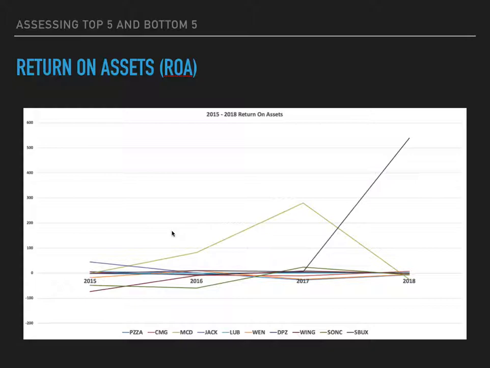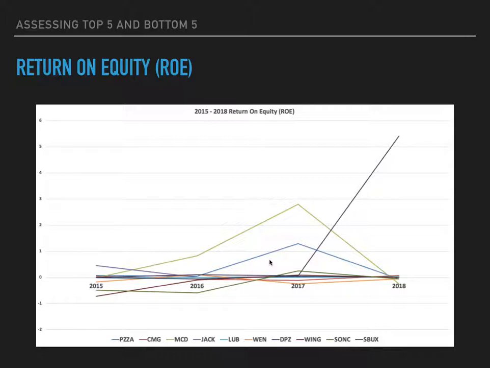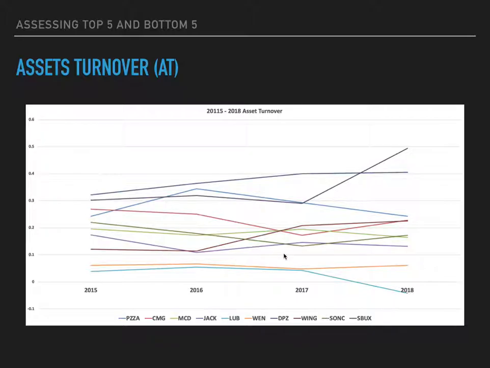So return on assets, you're going to see a pretty high correlation between return on assets and return on equity as they directly reflect each other. Though something of interest here is that Papa John's stays with the market average with return on assets, meaning that their profitability or their profit margins have not increased in this 4-year period, though their return on equity had for some reason.